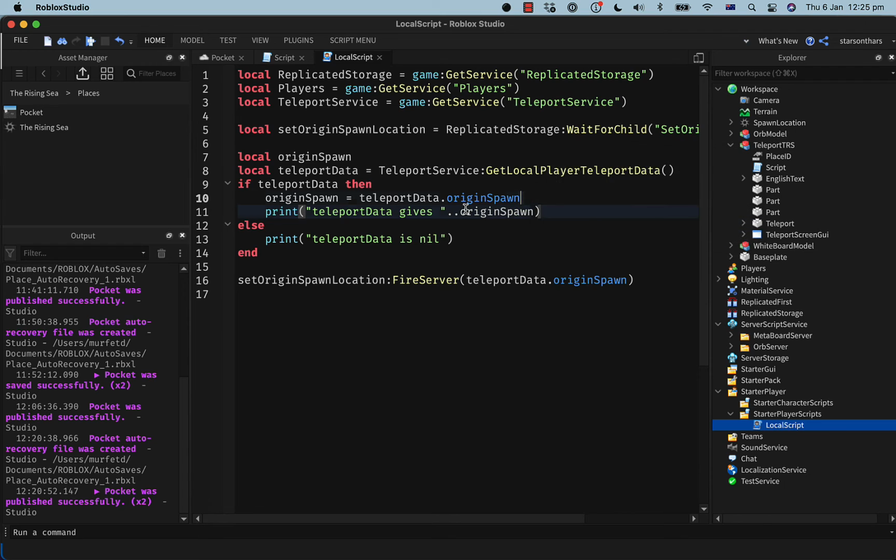I mean, there's nothing basic I'm doing wrong here, is there? This local script, I could wait for a while, or wait for... Putting player added here is just pointless, right? This local script should... Yeah, you shouldn't have to do that.